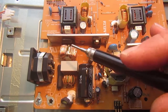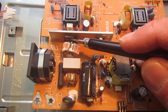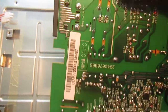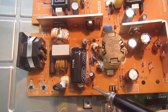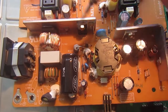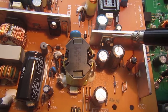So my approach when troubleshooting this switching power supply is to first check, with no power of course, all the semiconductors, starting from the bridge rectifier, which is this one in this case, and can be probed from the back of the PCB, these 4 pins. Then all the diodes that you find scattered in the circuit, one here, one here, and there is also one here. And of course also checking the secondary diodes, which is this